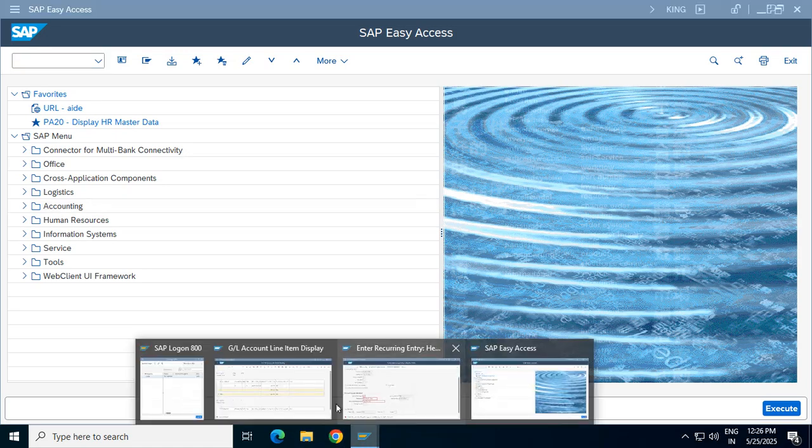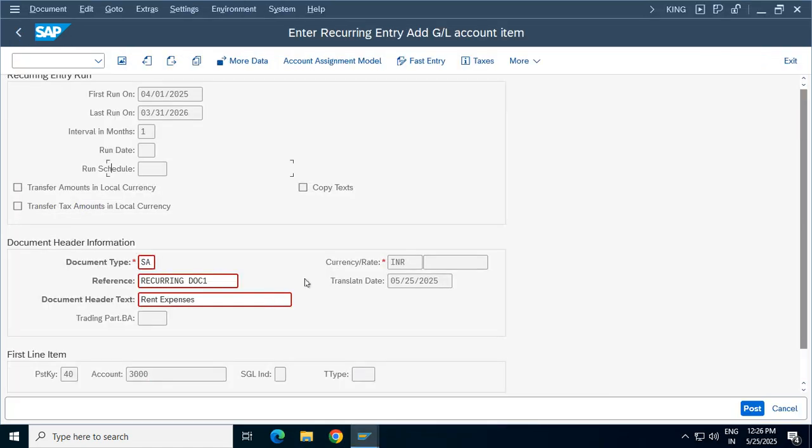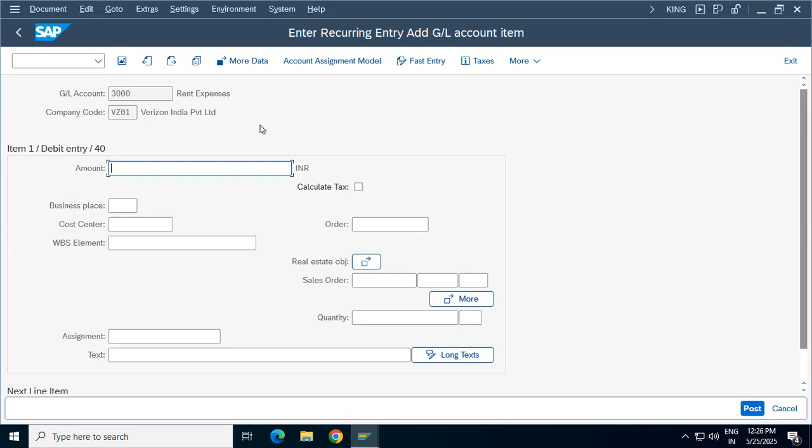Exit. Let us execute this one again. See, so what were the errors? Two errors. One error was related to open periods. The other error was related to number range. Just make sure that